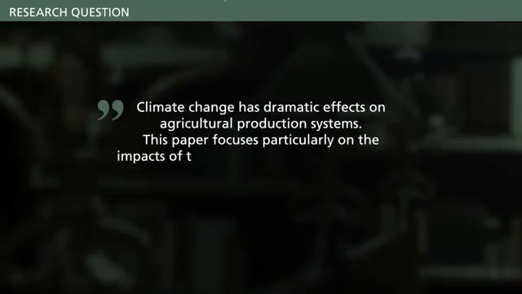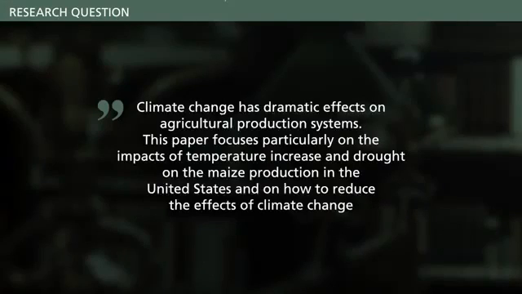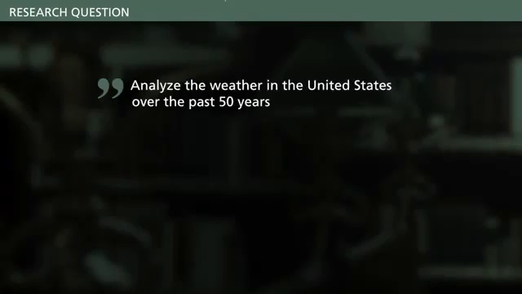Here's an example. Climate change has dramatic effects on agricultural production systems. This paper focuses particularly on the impacts of temperature increase and drought on the maize production in the United States, and on how to reduce the effects of climate change. The paper will analyze the weather in the United States over the past 50 years in order to predict future